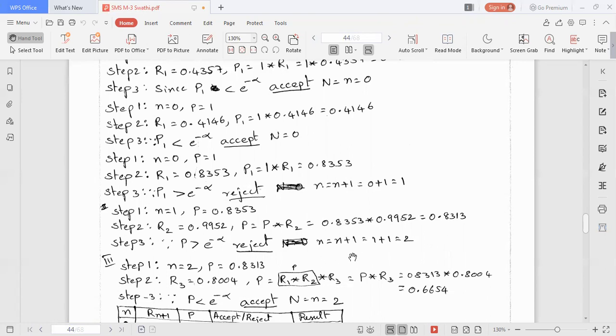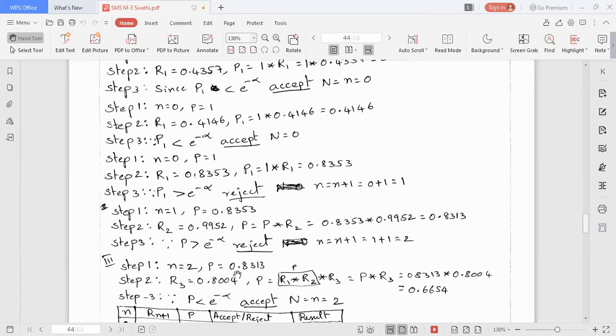R3 is equal to 0.8004, the newly generated random number. Now p should be replaced with p into the random number. That is, p is nothing but R1 into R2 into R3.